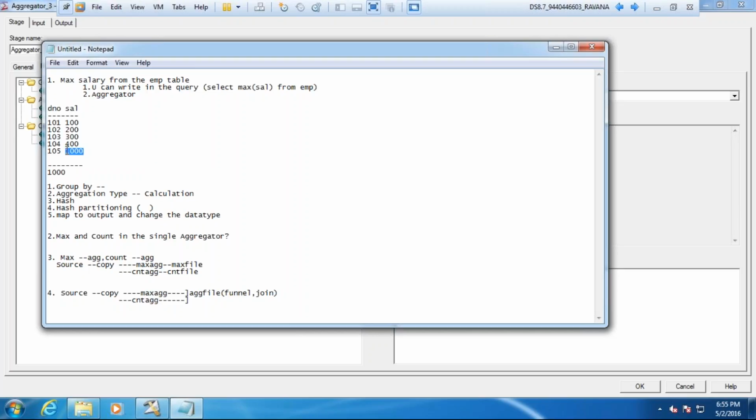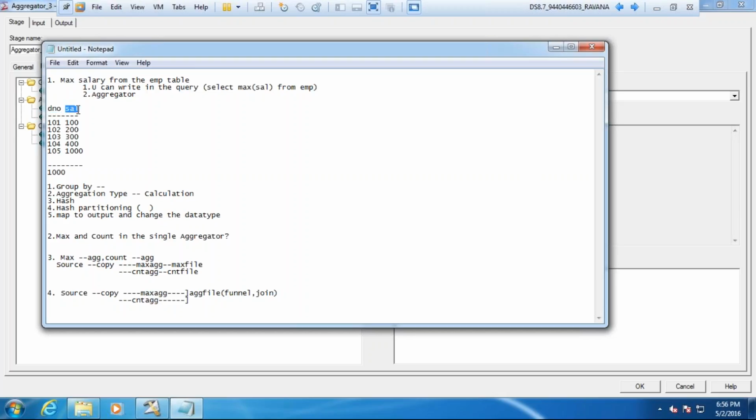Could you repeat the question again? I'm sorry. When you are saying there are 5 groups, will I get the output 1000? No, right? Because for each group you will get the maximum salary as the same. Right. I'm thinking on the same path, sir. So for 101 also 100, 102 also 200, 103 300. So like this only you will get it, right? Yes. Then there is no point of keeping D number as a group by. Yes or no? Yeah, yes, absolutely right. We're not supposed to.